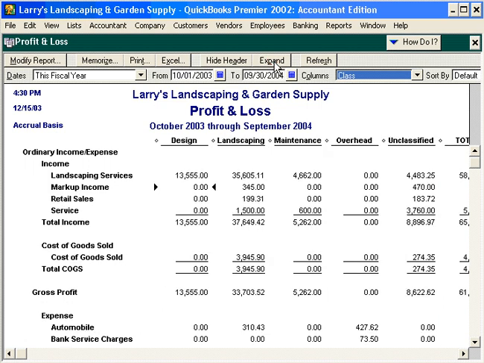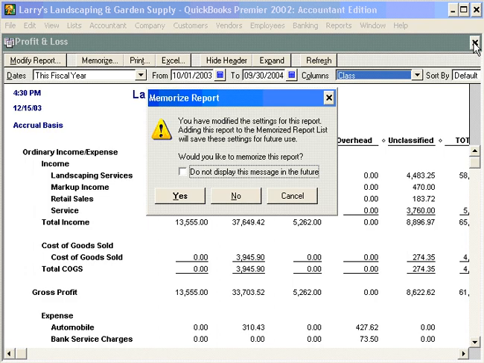Let's collapse the report, and you can see we have classes for design, landscaping, maintenance, overhead, and then we have unclassified income and expenses. So this column would be for items that do not fit in the first four columns. Now let's look at how we set these items up. Let's close this report,